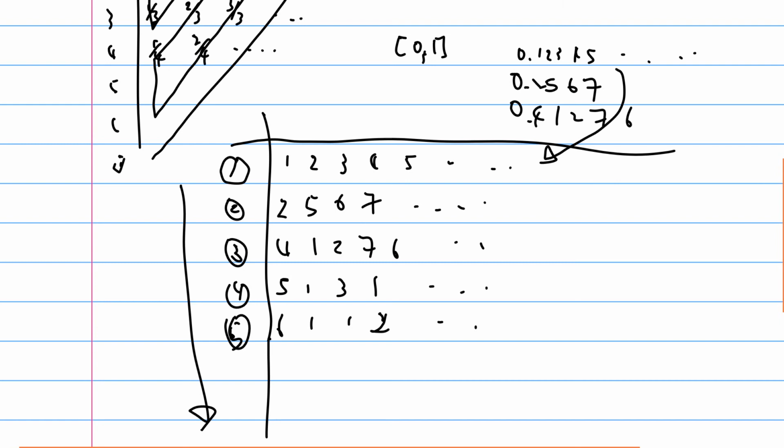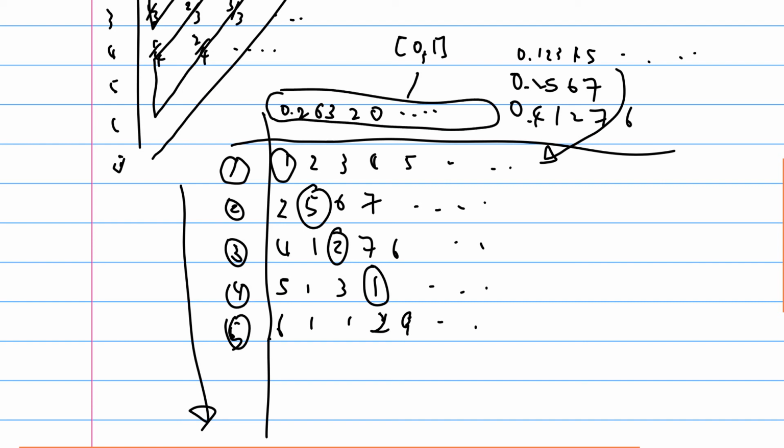But now let's say I already have the table. Let's consider a number that simply picks all the diagonal digits but shifted by 1. So let's say I pick, shifted by 1, I will have 0, let's say 2, and this shifted by 1 is 6, and then 2 will be 3, 2. Let's say if I have a 9 here, I shift by 1, I will shift to 0, and so on and so forth.